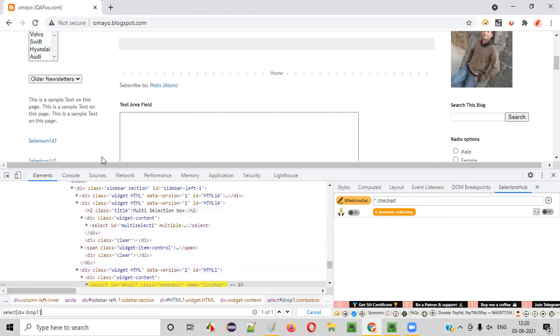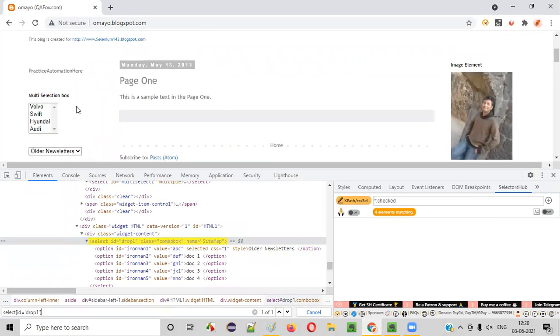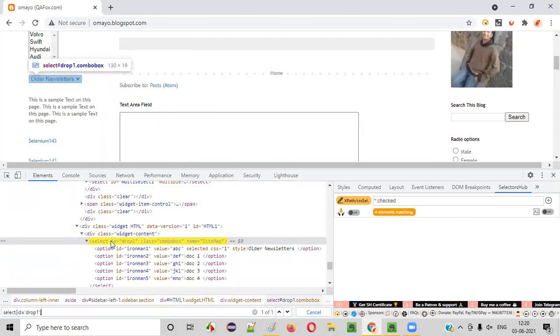Press enter. You see, this thing got highlighted. That means this drop down field has been located using the CSS selector. You see, this HTML code is getting highlighted. When I hover the mouse on this HTML code, this drop down field is getting highlighted. That means the locator is working.